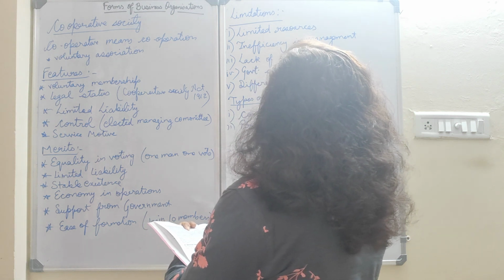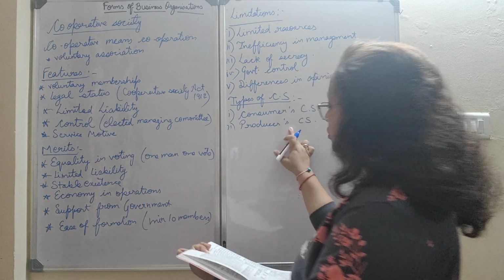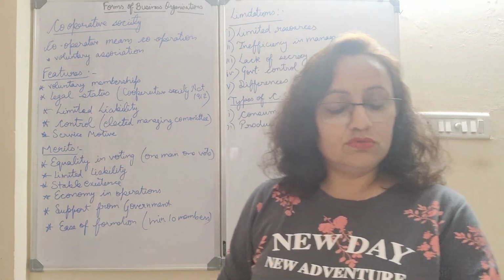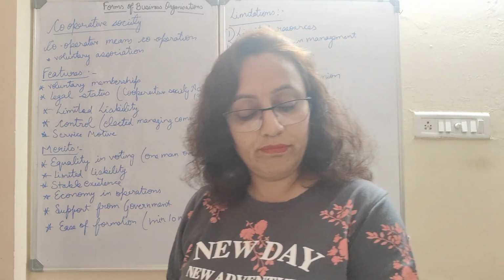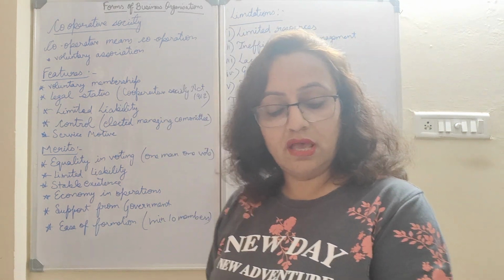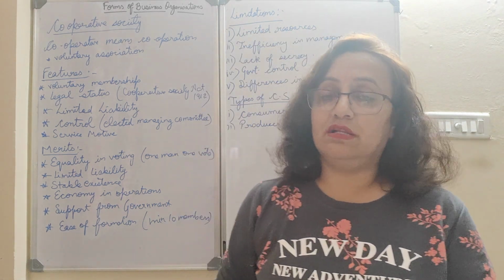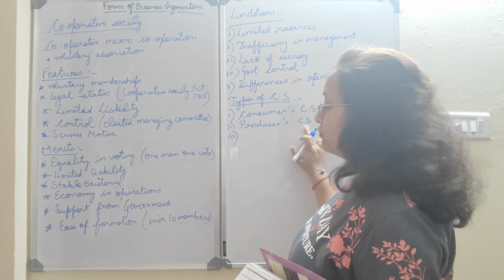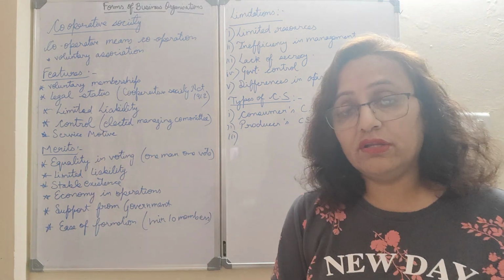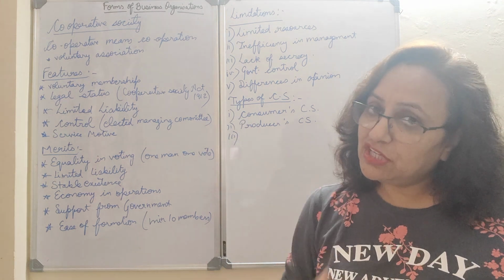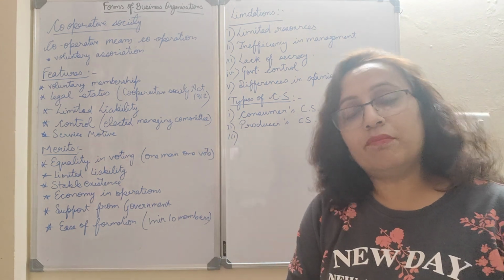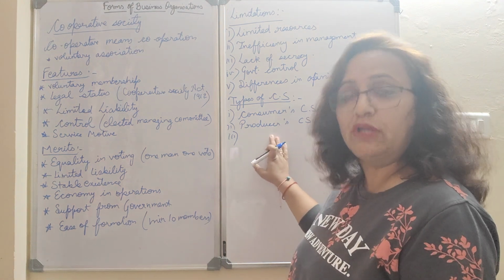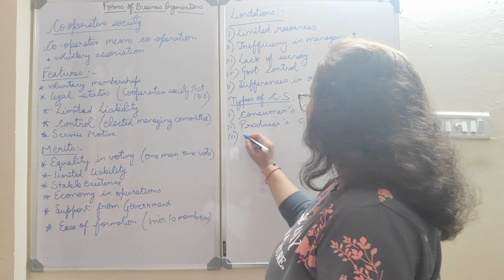Now producers cooperative society is of the producers, meaning the manufacturers. The society supplies raw material, equipment and other inputs to the members and also buys their output for sale. So all the manufacturers are actually members of this kind of cooperative society. They provide the raw material and they purchase the finished product to sell in the market. So they provide a kind of support to the manufacturers, right?